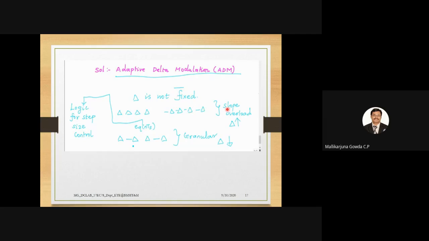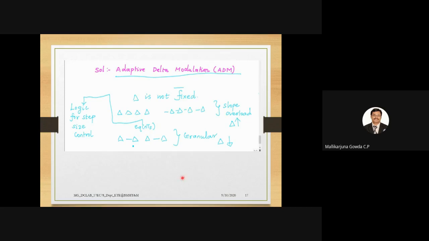To understand whether the slope overload distortion is there or not, looking at the output of a converter, I will be able to say whether there is a problem in the conversion or not. If there are continuous values of delta, meaning continuous binary 1s or continuous binary 0s only, then I can say there is a slope overload distortion problem in the conversion. If I am getting alternate ones and zeros, meaning once it is 1, next 0, then 1, 0, 1, 0, like that, looking at that output, I can say there is a granular noise problem in the signal.